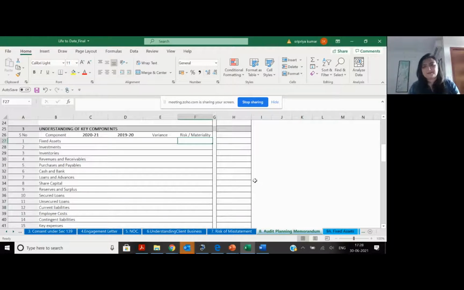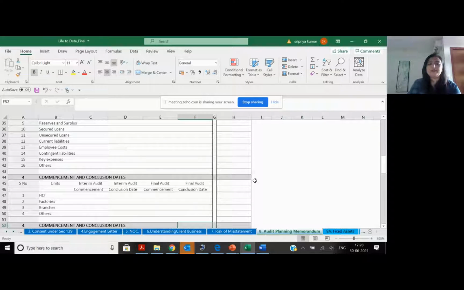For example, rent. It's a very low risk component. Why? Because my company will declare to me, I've got 10 rental premises, I've got 10 agreements, multiplied by 12 should be my rental payment. For my additional comfort, I will only download that form 26AS and see if I've remitted TDS. Finished. You don't need to audit rent for more than 15-20 minutes. It will get over. So very low level of audit effort. It helps you to make up your mind internally on what's the easiest way to get audit comfort.